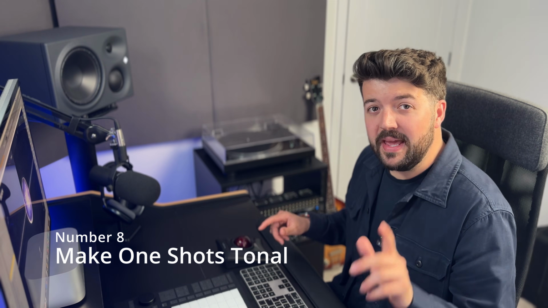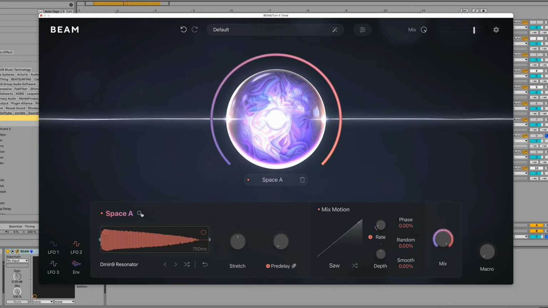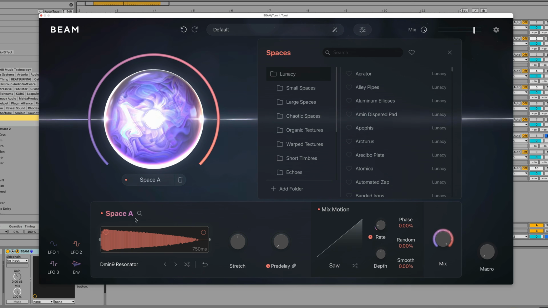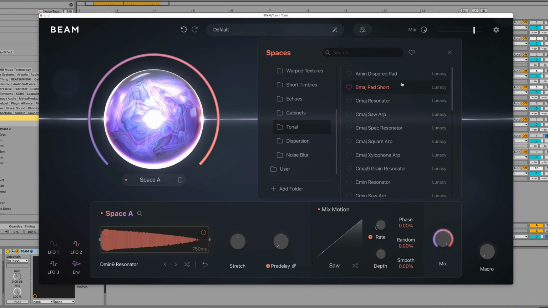Number 8, make your one-shots tonal. If we dive into the Space node and we head into the menu section here of Space A, we want to scroll down until we hit tonal. Now all of these IRs are basically tuned to a key and also a harmony. So we have different key signatures and we also have different harmonies. We have major, we have minor, and using these on a sample can then take a one shot and make it a tonal element. So if we listen to this sample to begin with,